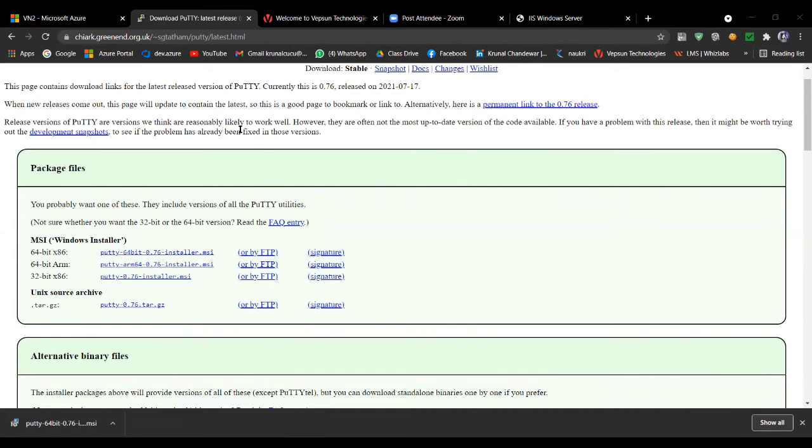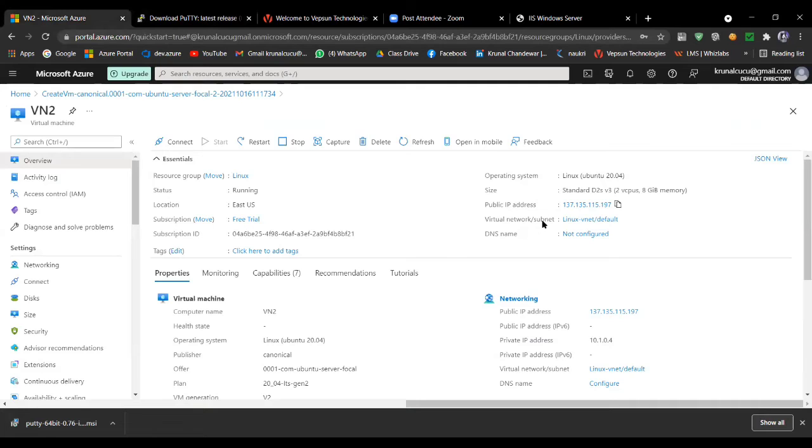As I know, from this Microsoft portal I copied my public IP. This public IP I have to paste here and click on open. So my virtual machine which I made with Ubuntu is now going to open.